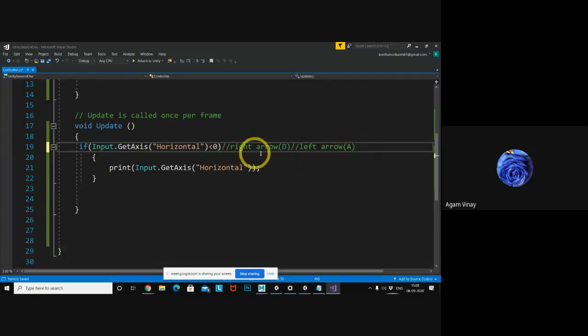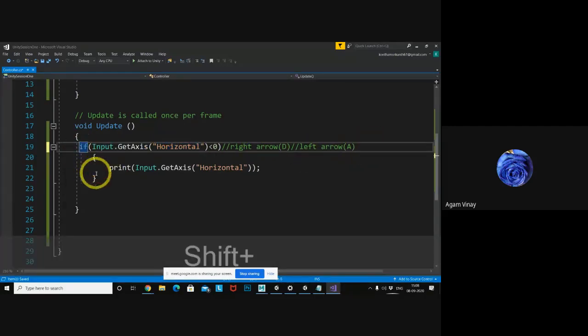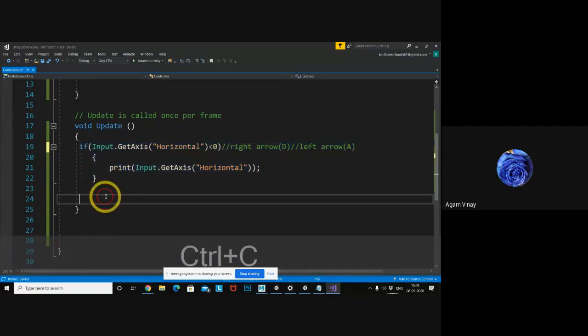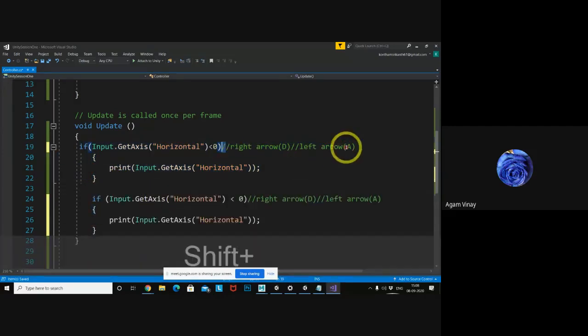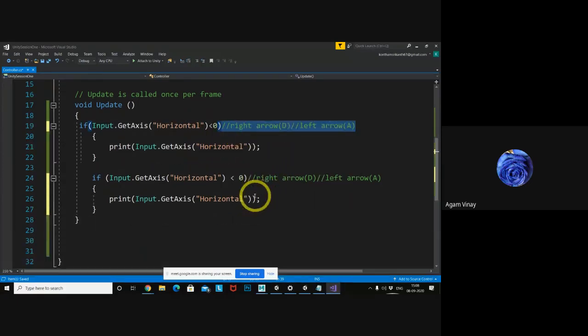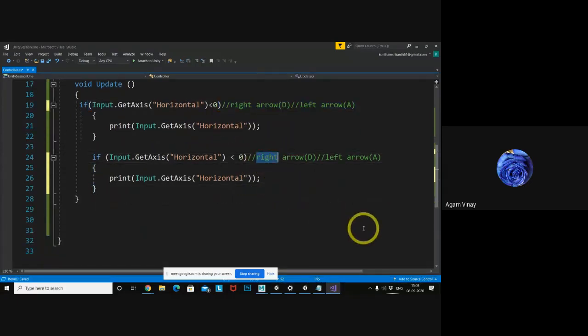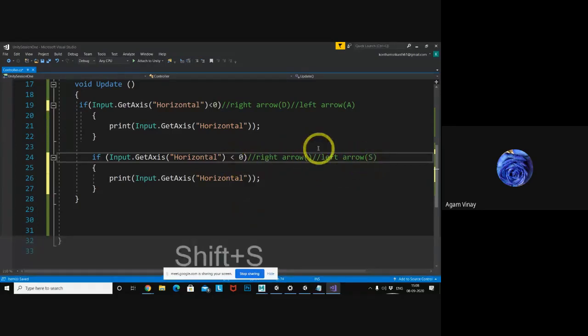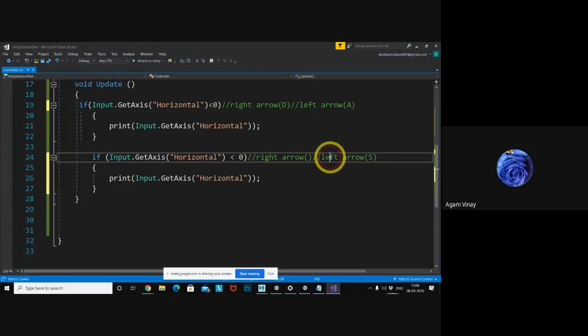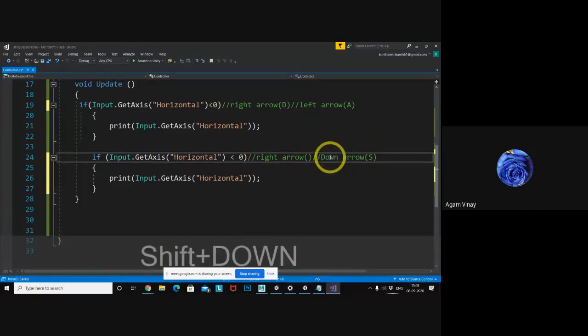Okay, the vertical is also there. For the vertical, less than 0 means down, so this is the letter S and the down arrow.